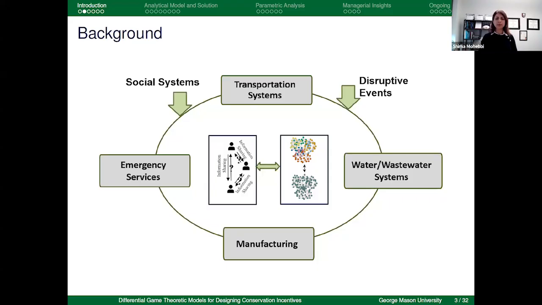And there are external stresses, such as disruptive events like human errors and natural disasters, which can impact the system's performance. And over the past decade or so, each infrastructure sector has become more integrated, advocates resource sharing and operational research interventions to improve their performance measures. And this implies the importance of understanding the collective behavior of the stakeholders for the resilience of these critical infrastructure systems. And today's talk is focused on water systems.